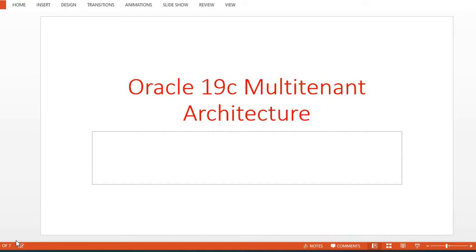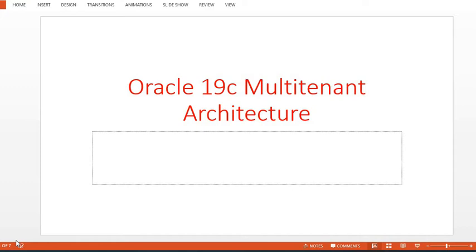If you have no knowledge about multitenant architecture, you can still join, but it is not for beginner Oracle DBAs. So I assume that you have Oracle DBA knowledge and experience. You know the database architecture and how the database engine works. So we'll focus only on multitenant architecture. I will publish a series of videos. So today we will discuss only the